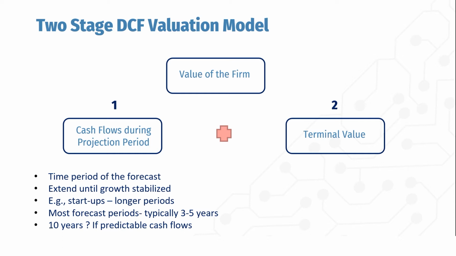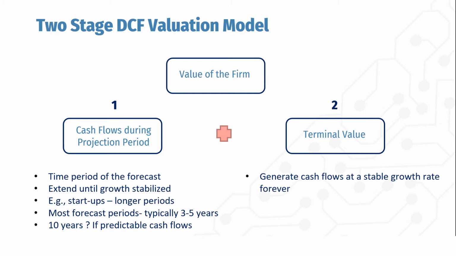The terminal value solves the problem of having to forecast a business into perpetuity. The terminal value assumes that after the projection period, the cash flows grow at a constant, stable rate forever. That is why we stress the importance of the business needing to have matured and stabilized during stage 1. So when you calculate your terminal value, your business is now at a stable level, and you can then apply a terminal value which assumes that after the projection period, the cash flows will grow at a stable rate forever.